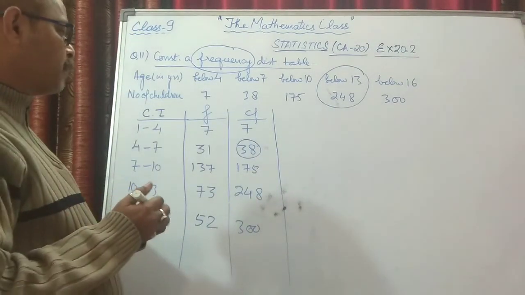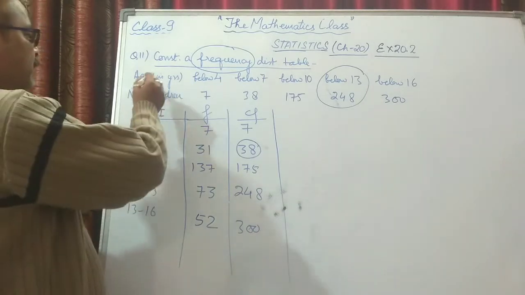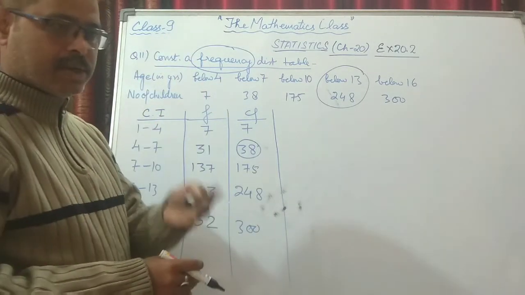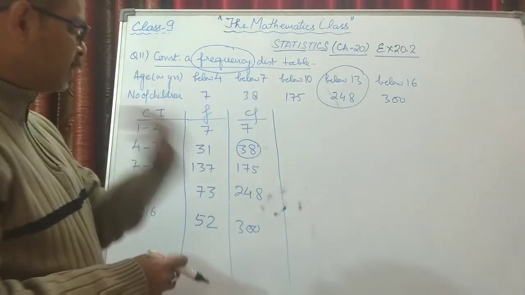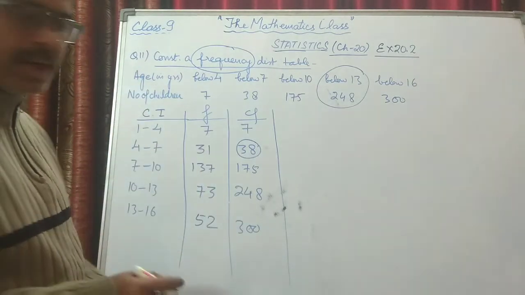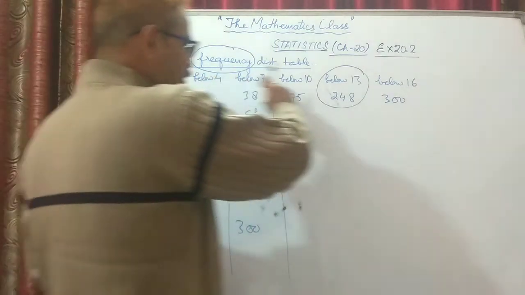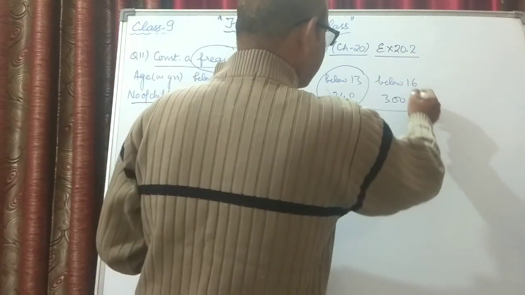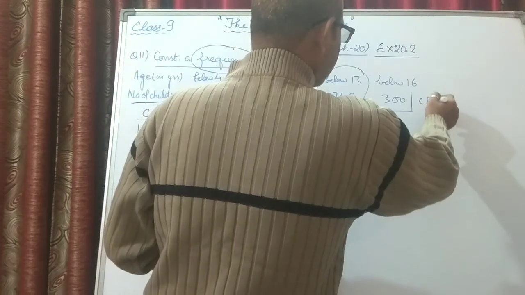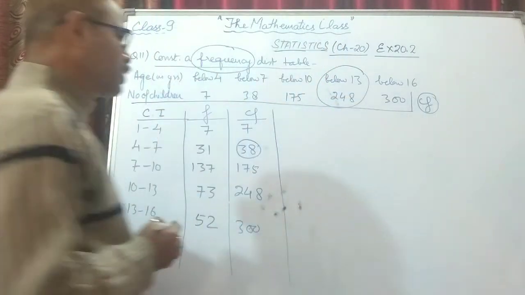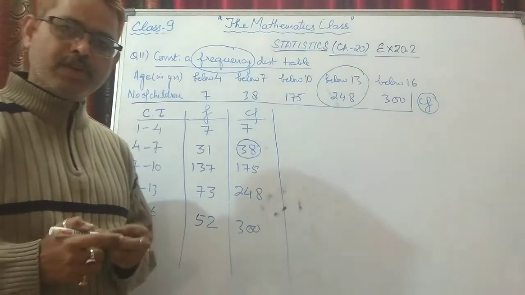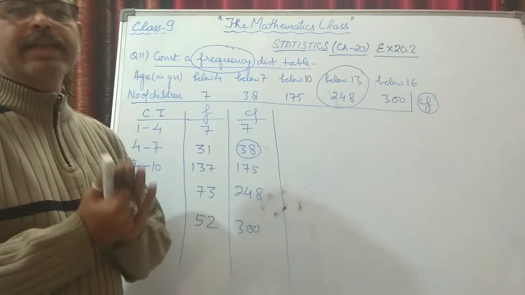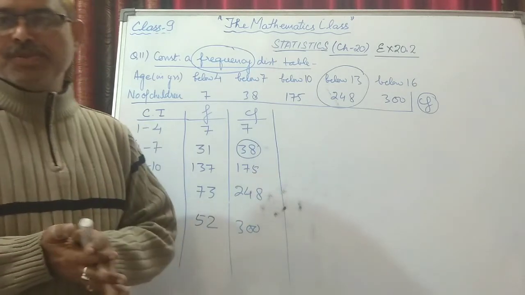So this is all about what is given. Whenever you get data below any fixed number or above any fixed number, it means generally whatever frequency is given is the cumulative frequency. And in any type of question, you have to find the frequency first and then you will proceed.